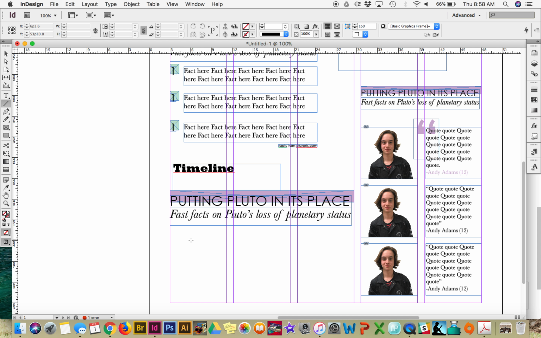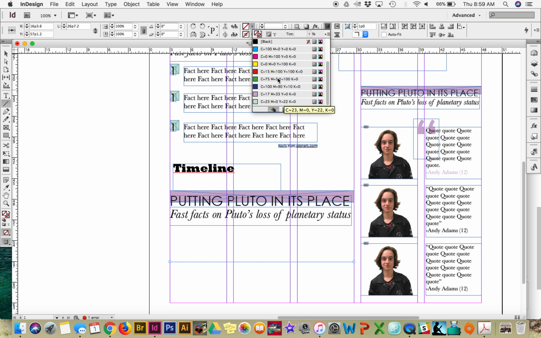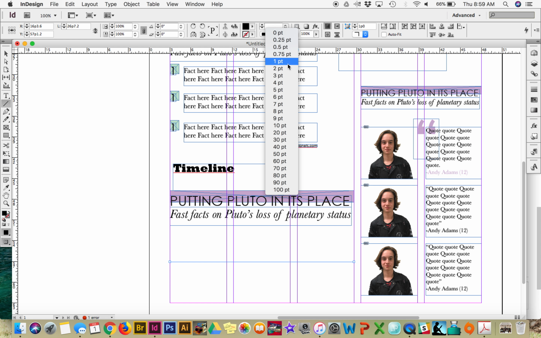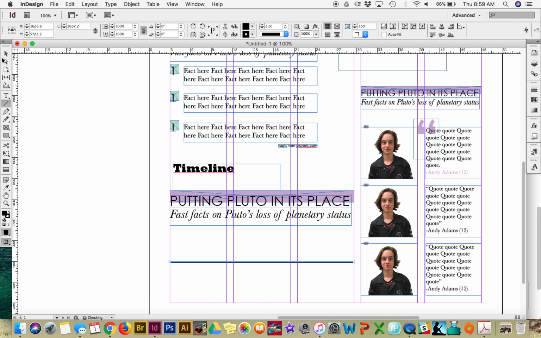So for a timeline, it's pretty simple. It could be more complex, but we're going to stick with simple. Let me just tell you what I'm working with. This is a line drawer tool. You can click and hold Shift, and it'll make a straight line for you. Once you have your straight line, you can come up here and choose the color. I'm going to go with black. And then you can also choose the width, so how thick you want it to be. And then basically